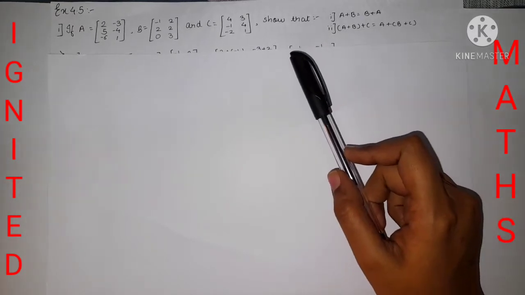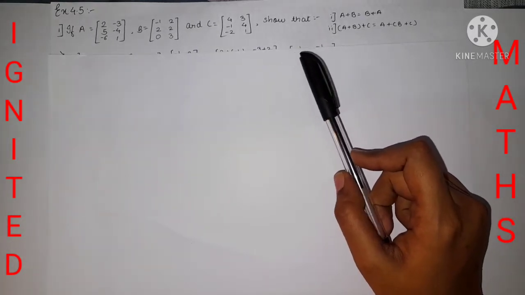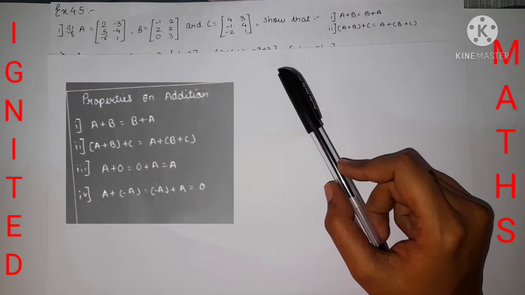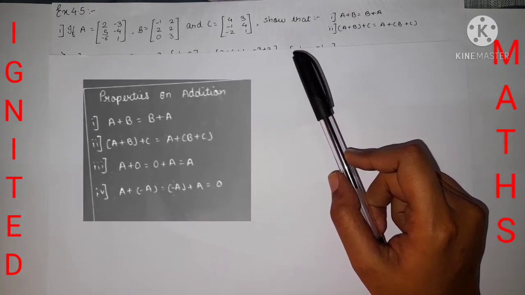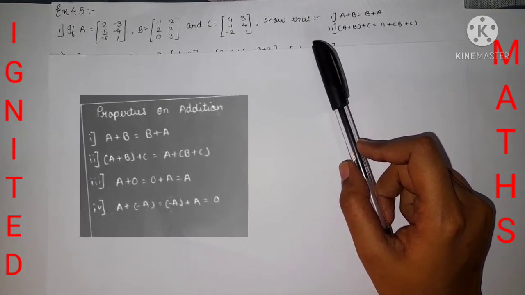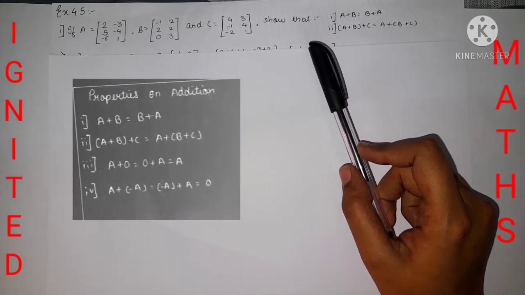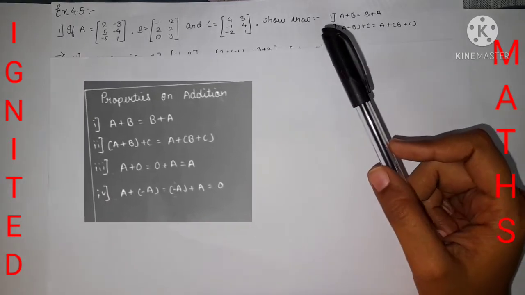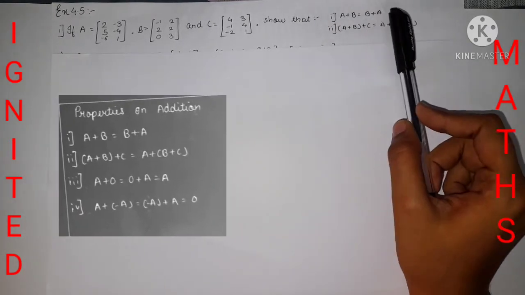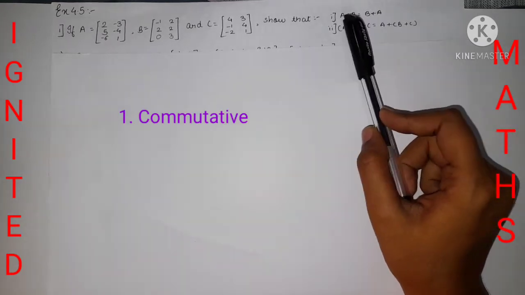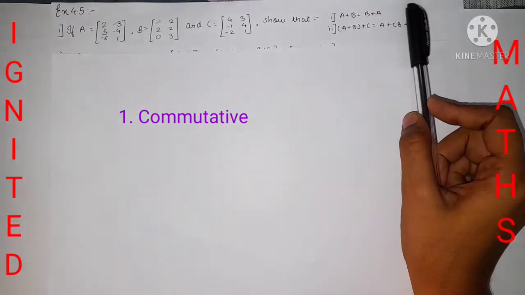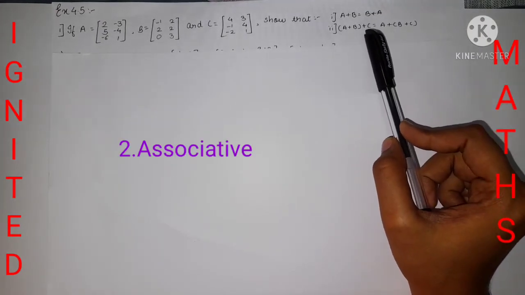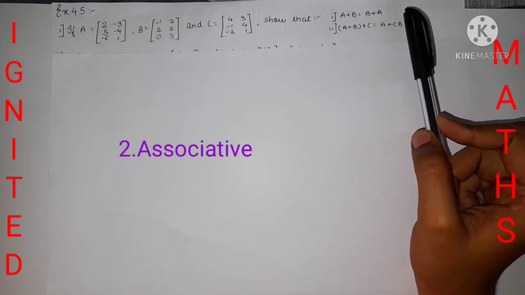Now I am going to talk about the properties of addition of matrices. In the previous video, which you can find in the description link, I mentioned that the property is satisfied for the commutative and associative properties. Over there I have not given the explanation or the example of it. So here is the example, so that you can understand the proof of it. The first one is based on the commutative property: A plus B is equal to B plus A is the commutative property of addition of matrices, and the second is the associative property of addition of matrices.